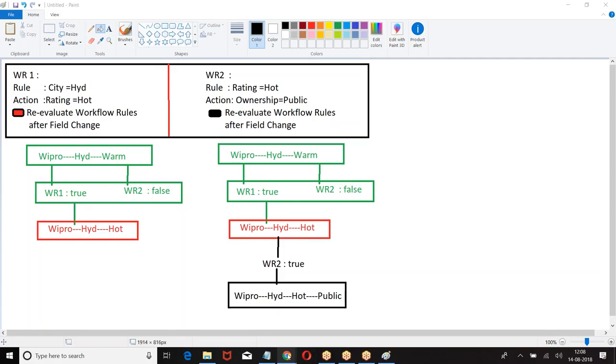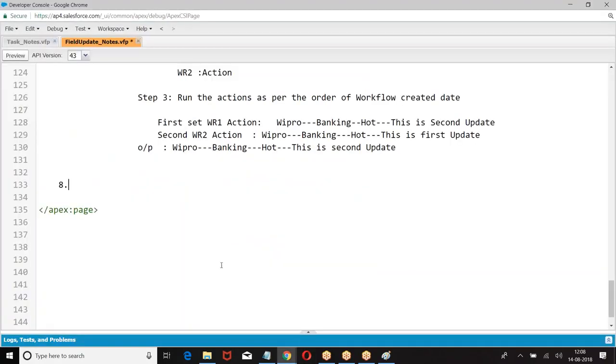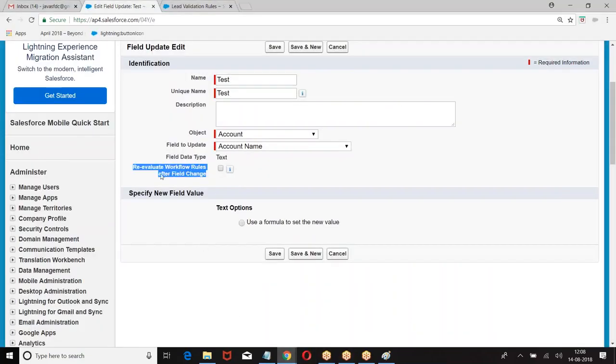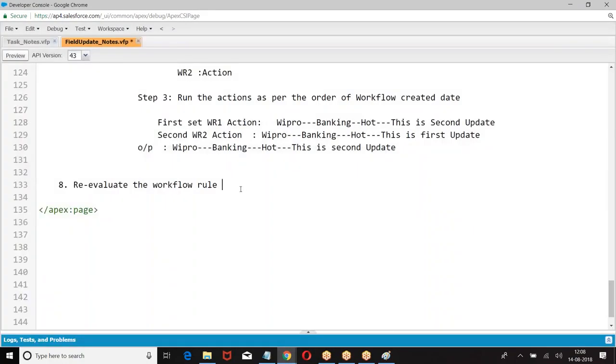Now come back to the process. What was the condition? Re-evaluate workflow rules after field changes. What was this?